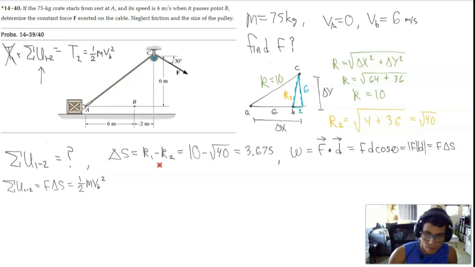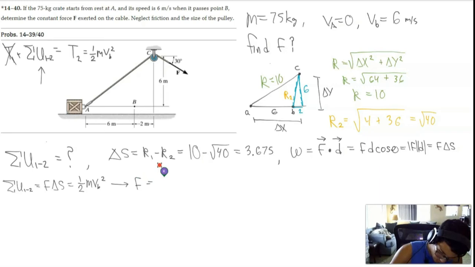Okay, so again, what do we want here? We want to find this force. So we're going to isolate for force. We can get force is equal to 1/2 change in S